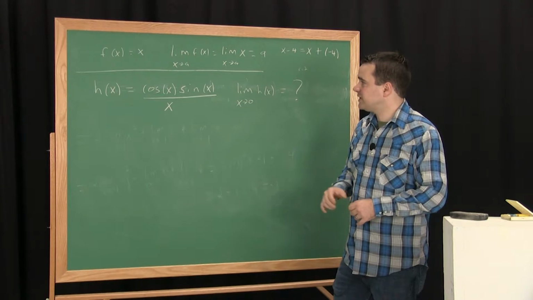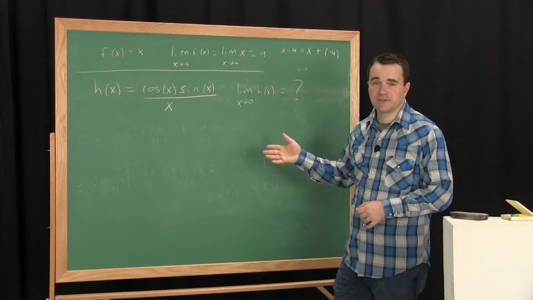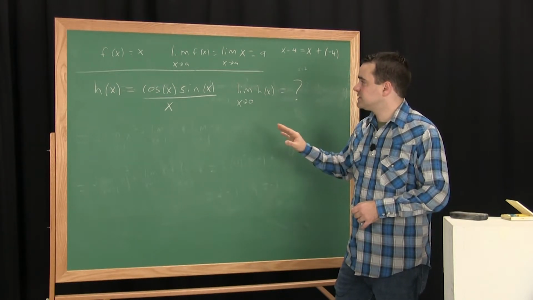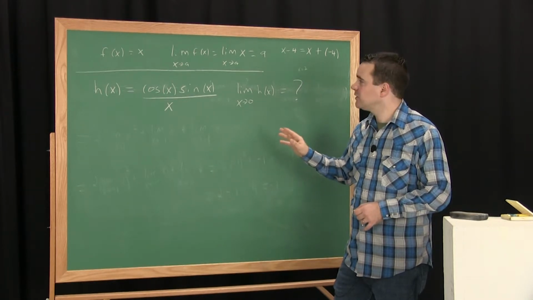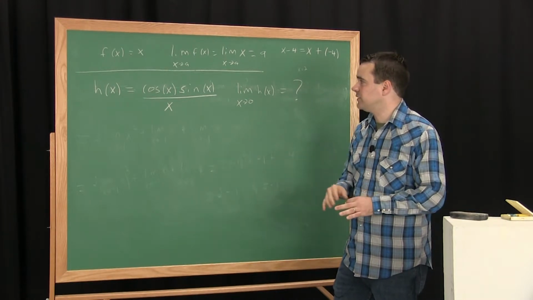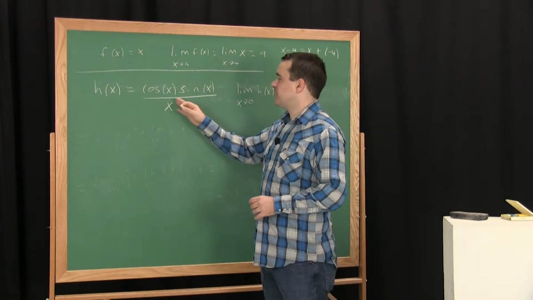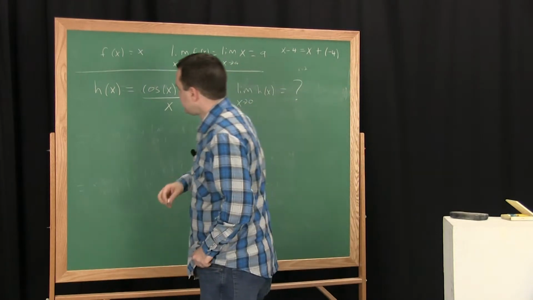So generally speaking, your next recourse might be to try to graph this with some software and just see what it's doing. But actually, since we've already talked about some trigonometry earlier in the class, we're in a position to solve this right now, beyond the shadow of a doubt. And let me show you how to do it. It all depends on how you want to group this function. And the way that I want to group it is